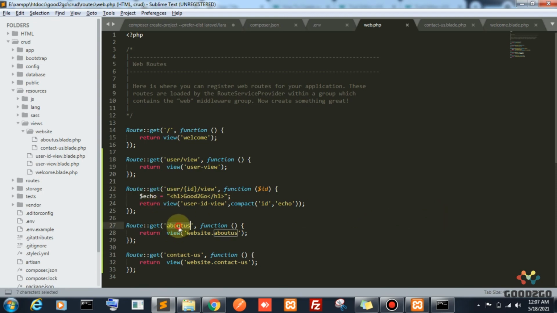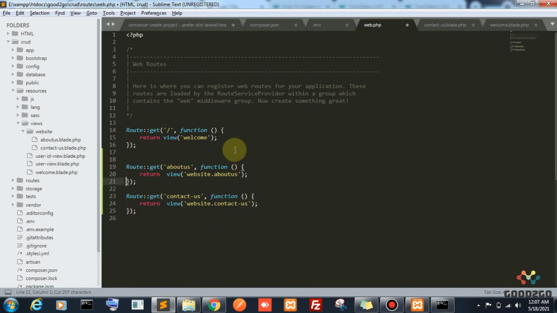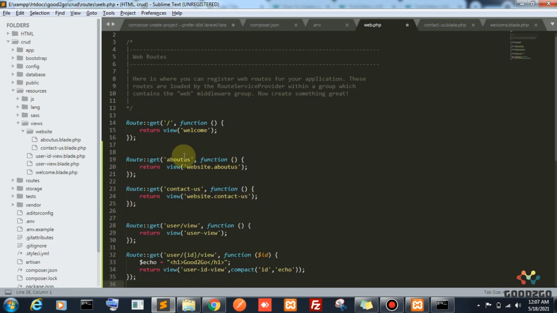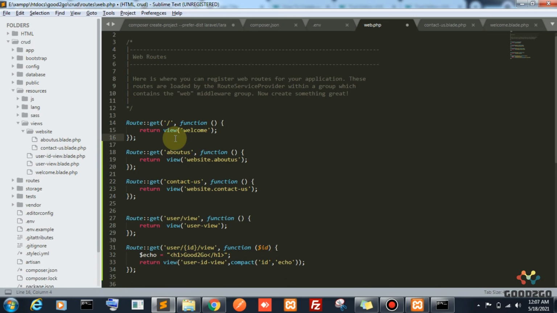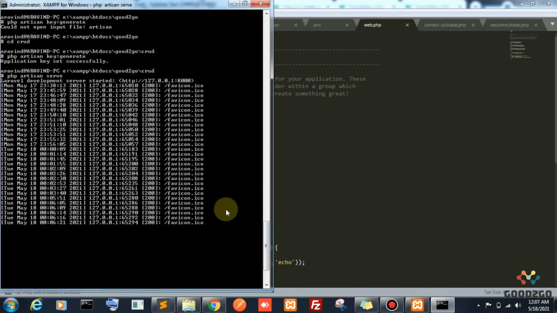We have an about us section, a contact us section, and a slash. Let's remove these, let's take this down. We have a simple website, right? Now we need to integrate a controller for these three URLs. How to integrate? In Laravel we have many options. This is serving, right? We can create one more